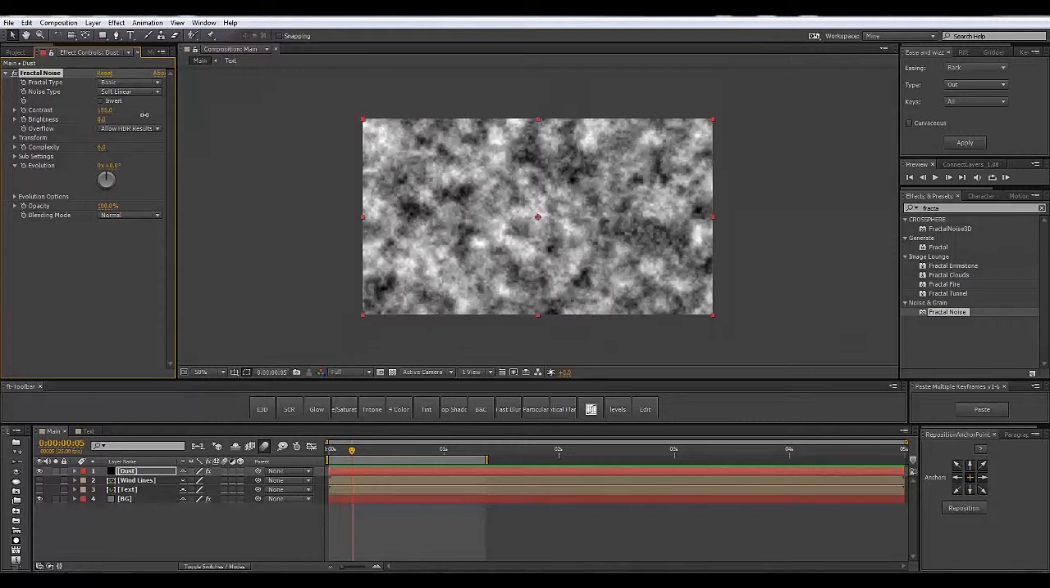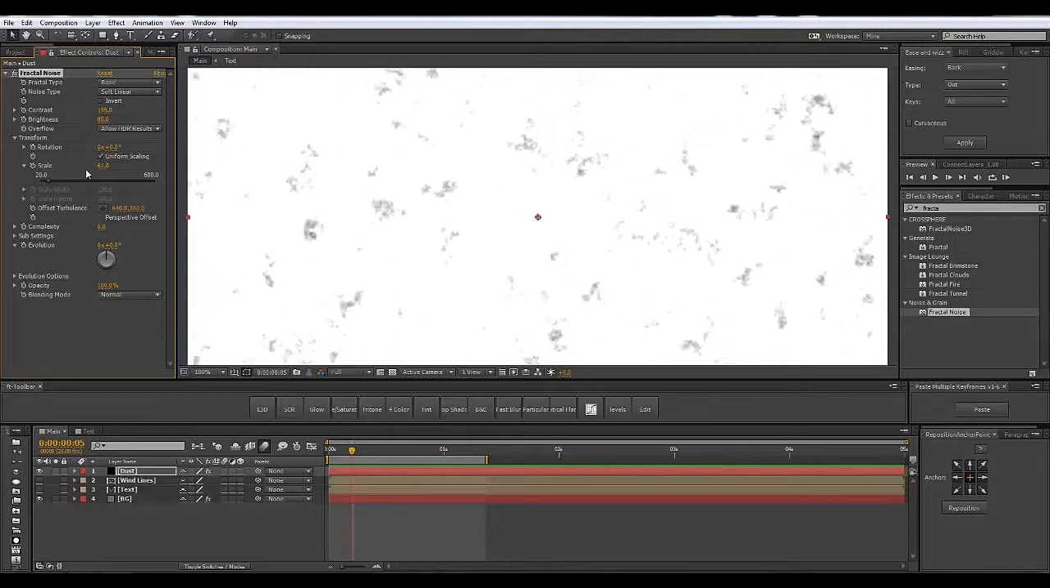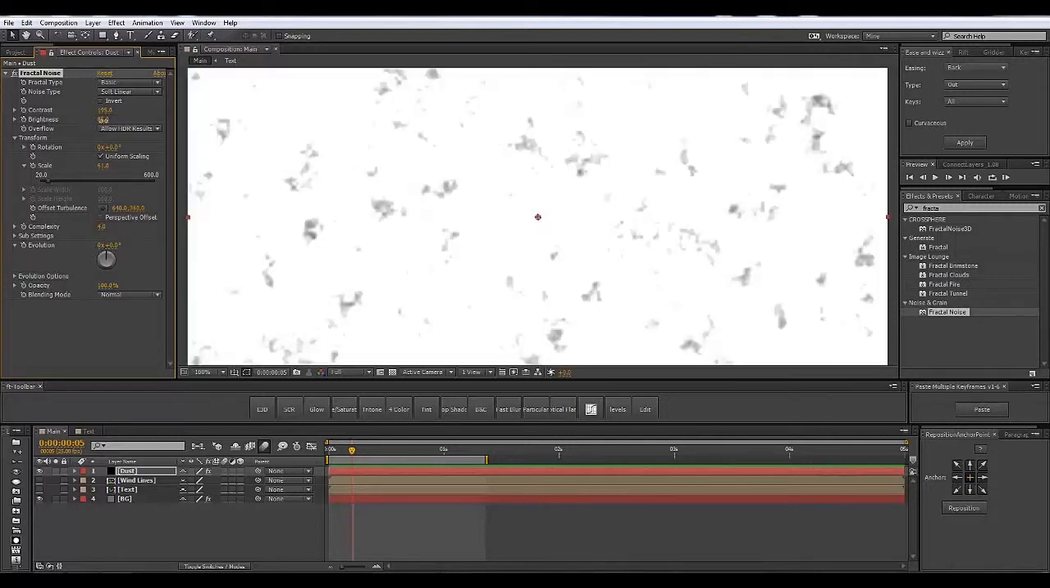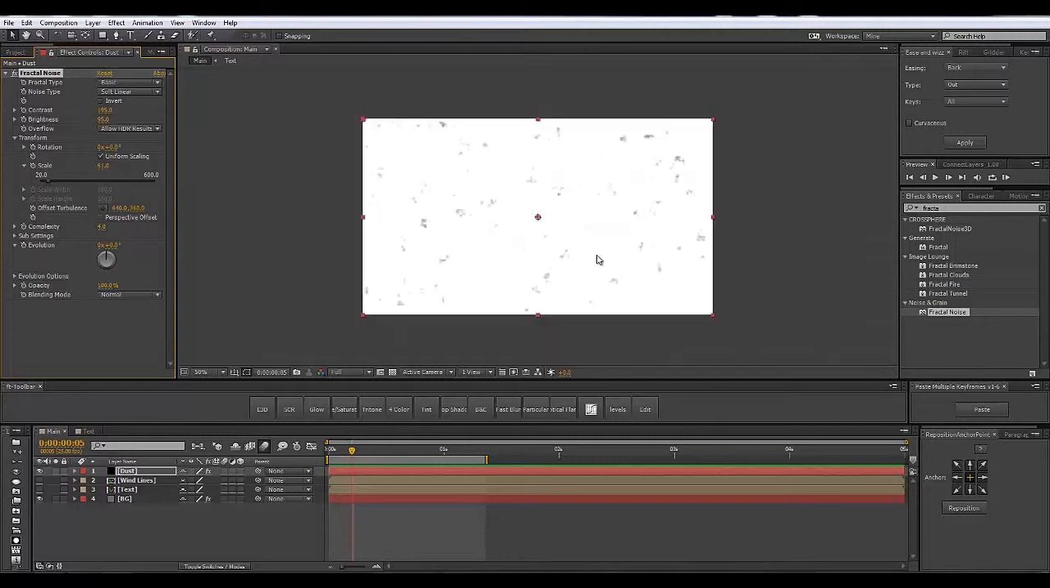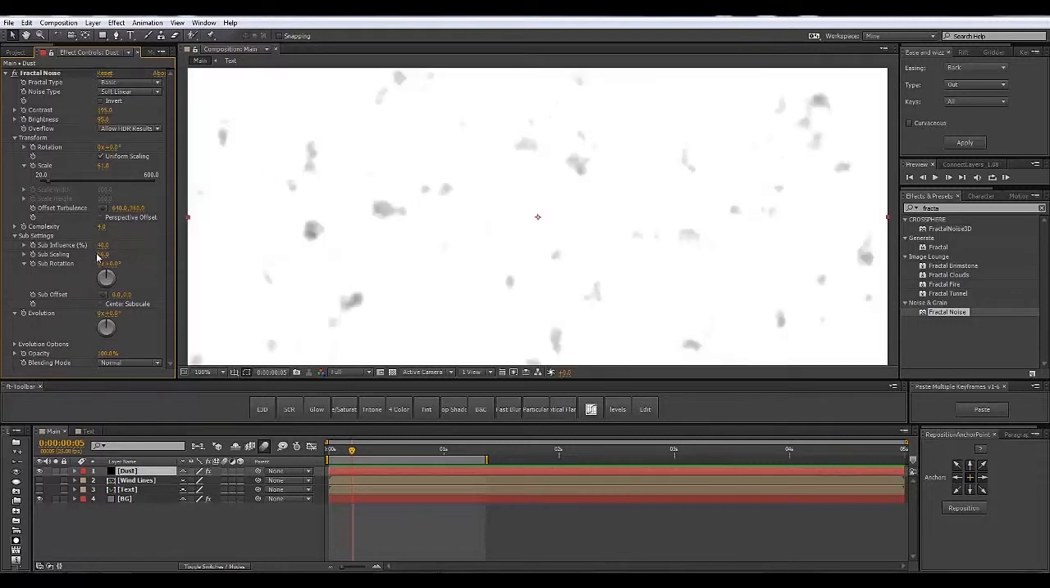So basically what I'm going to do is increase the contrast a little and increase the brightness a lot. And I'm also going to decrease the scale of the fractal noise and maybe the complexity as well to like 3, maybe 4. Let's keep increasing the brightness till we have fewer black dots on the screen. I'm going to open up the sub settings and decrease the sub influence from 70 to like 40, so I have simpler shapes. And I'm also going to decrease the sub scaling,